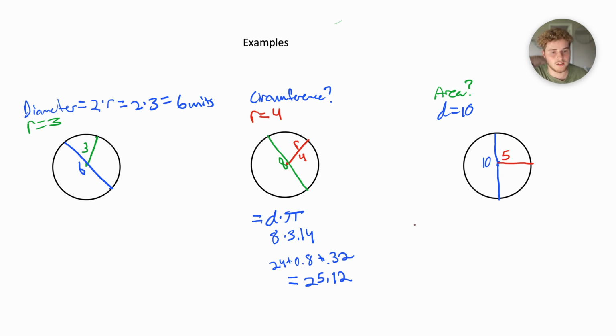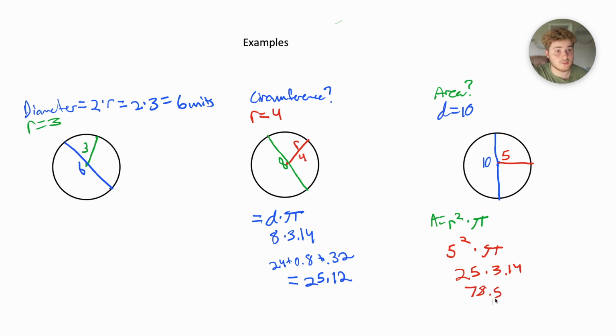And now we know that area equals radius squared times pi, or pi times radius squared. And we know the radius is 5, and we're going to have to square that and then multiply that by pi. So we're going to have 5 squared, which is 25, times pi, which is 3.14. And now we're going to take our calculator out because that is not necessarily the easiest math. So let's see. 25 times 3.14. That comes out to